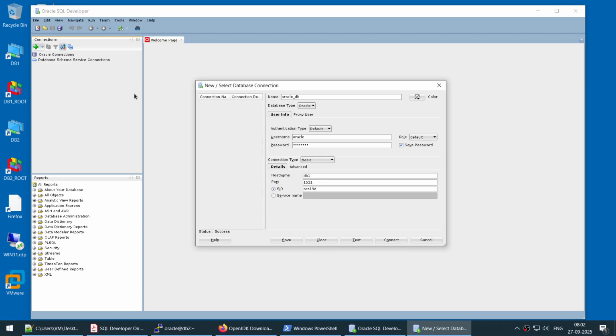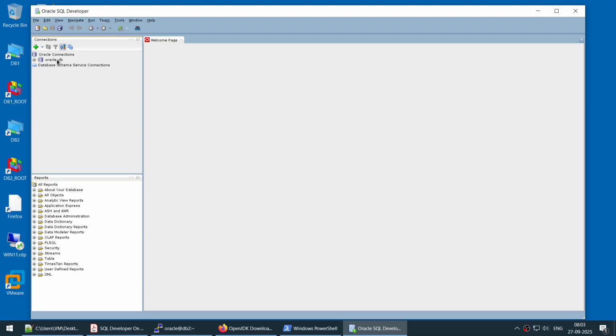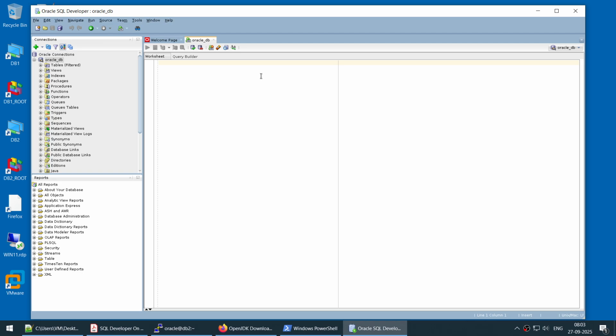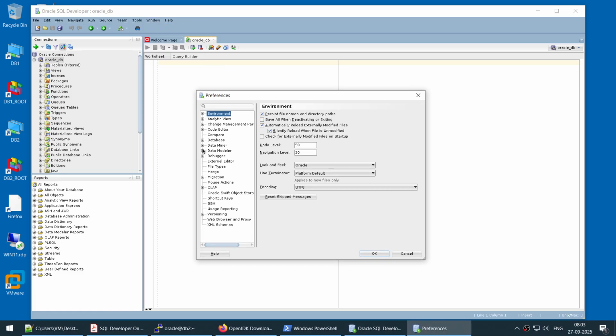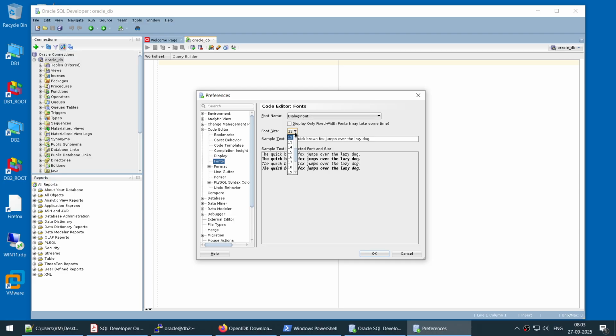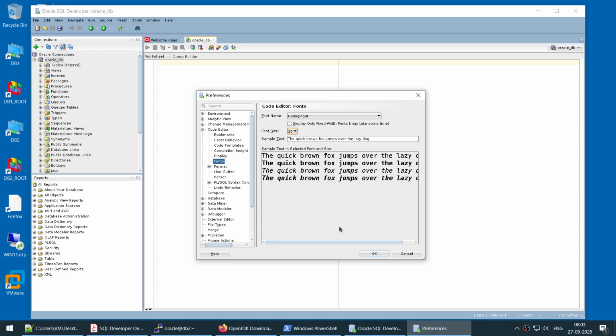If you want to connect, you can directly connect. If you want to save the connection, it will appear in your list of connections so that you don't have to enter all of this information next time. Let's save it. Let's cancel this and let's right click on it and say connect, and you can see we have connected. Now the font is pretty small. What I'll do, I'll go to the tools, I'll go to the preferences, I'll go to the code editor, I'll go to the fonts, I'll go to the font size, and I'll make it probably 20